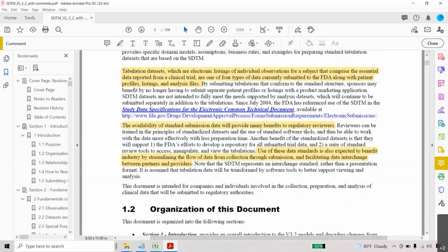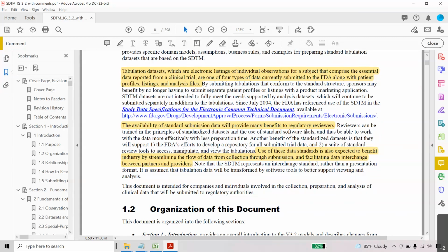In an easy manner, if the data is very standard, they will have one software. The software will check the data thoroughly and easily, and people will be trained on the software. People means the drug reviewers, the regulatory bodies, so that even if some issue comes, they will cross check easily.